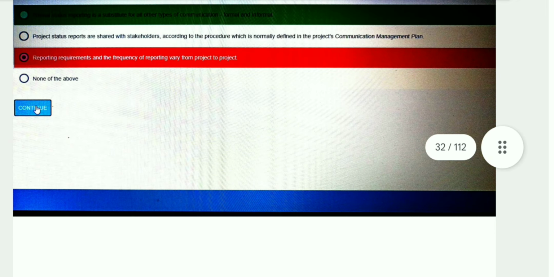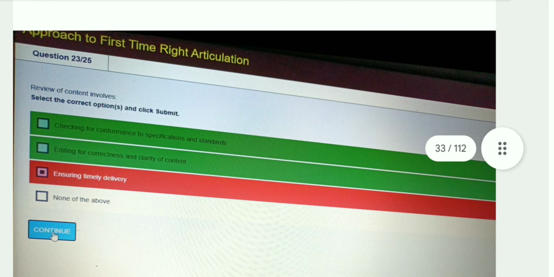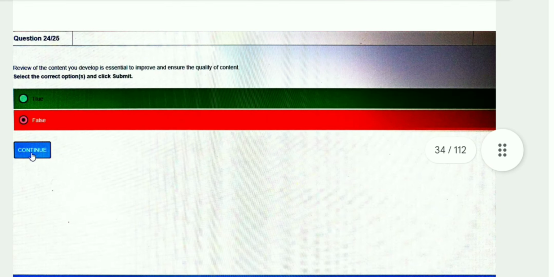Okay. Now the next question is: review of content involves. The answer is B, A and B. Okay, checking conformance and editing for correctness. Okay. The next question is: review of the content you develop is essential to improve and ensure the quality of the content. The answer is true. Now the next question is